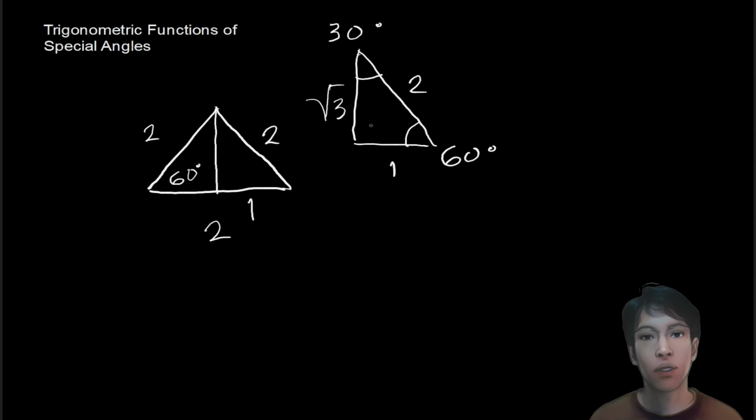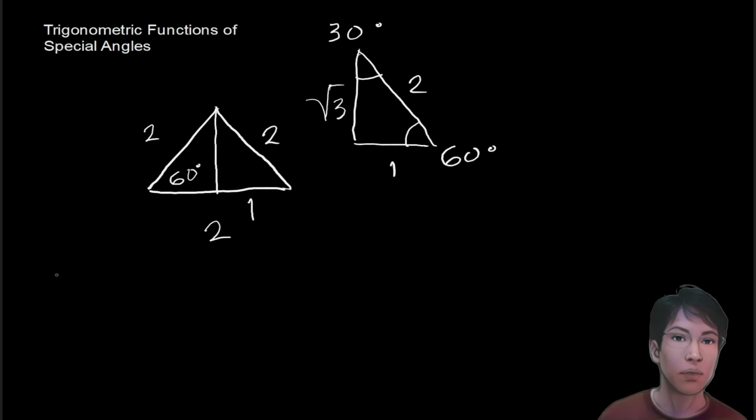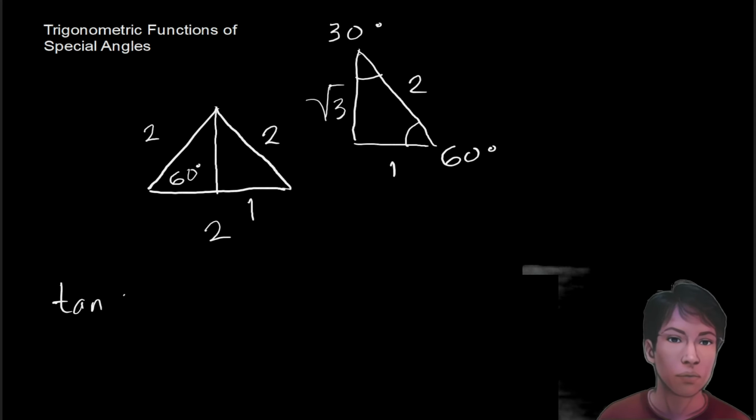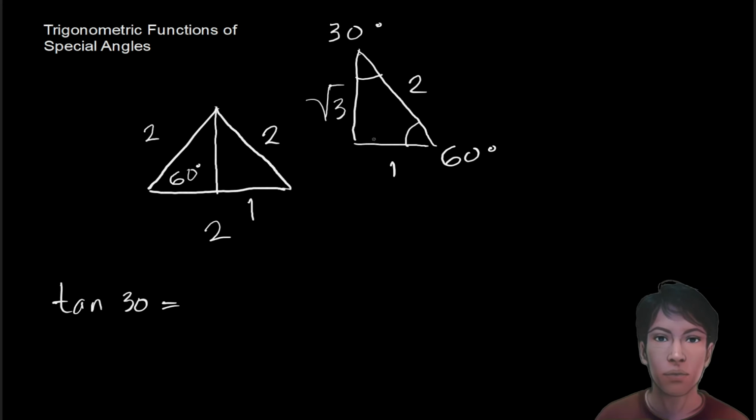So considering, let's say, the sine of 30. So sine of 30 is, from this triangle, 1 over 2. Cosine of 30 is adjacent over hypotenuse, square root of 3 over 2. Tangent of 30, let me write that one. So tangent 30 is opposite over adjacent. So 1 over